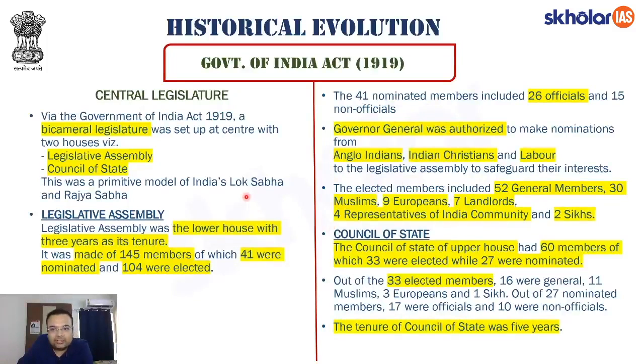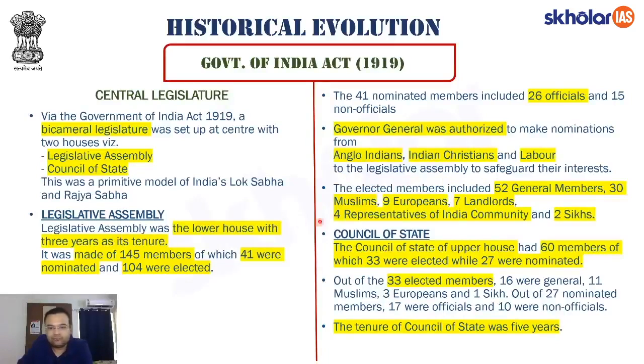Who exactly used to nominate these? It was the power of Governor General. Governor General was authorized to nominate these 41 nominated members. From among whom can the Governor General nominate these 41 members? He can nominate them from Anglo-Indians, from Indian Christians, or Labour. So the idea was that the Governor General is able to bring about representation of these people in the Legislative